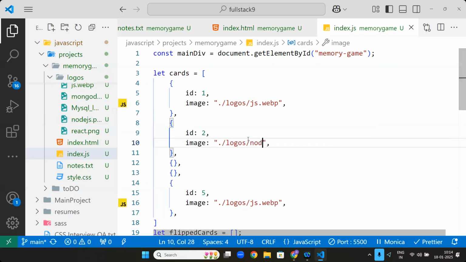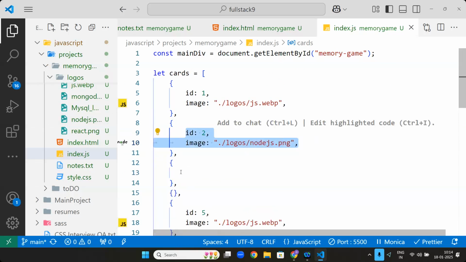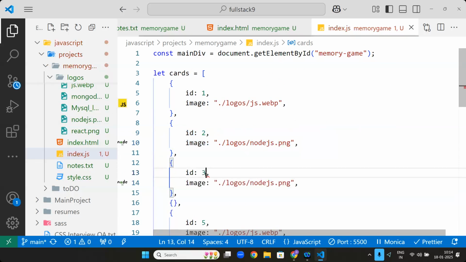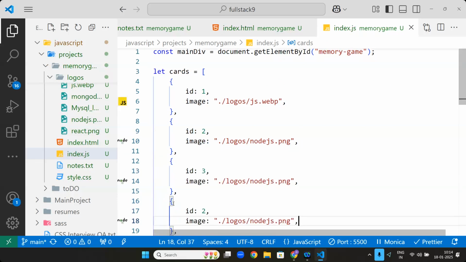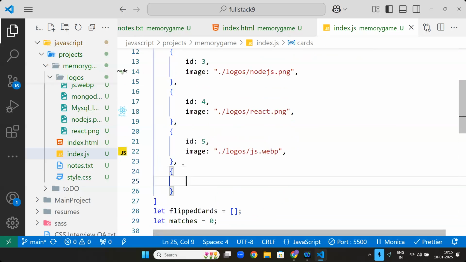node.js.png, .png, then here re node.js.png, react.png, 4, react.png, react.png. Here also